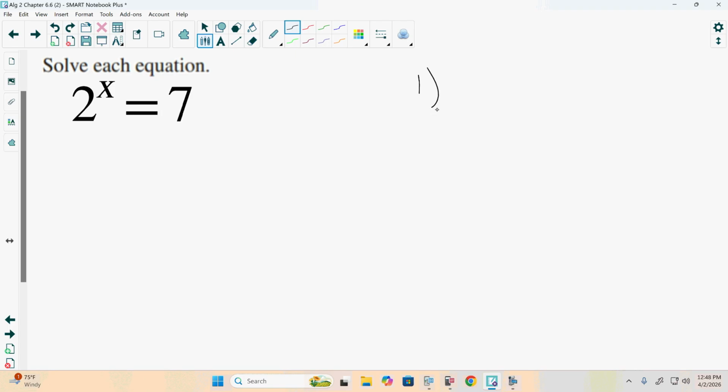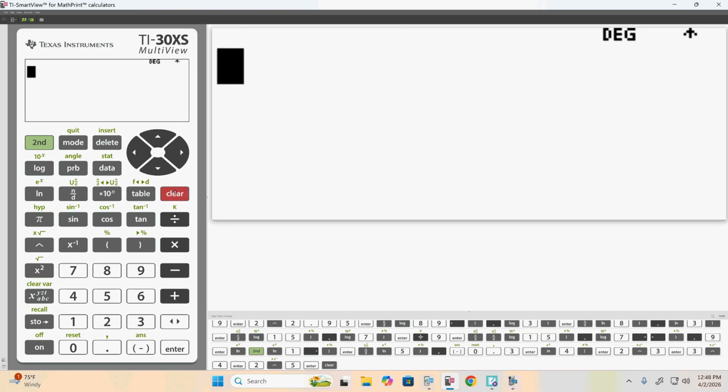So we're continuing on what we did Thursday with solving these logarithmic and exponential equations. Now the first one that we have here is an exponential. We are looking at 2 to the x equals 7. So we're trying to figure out 2 to what power gives us 7. Now one way we can go about doing this is we can grab a calculator and say